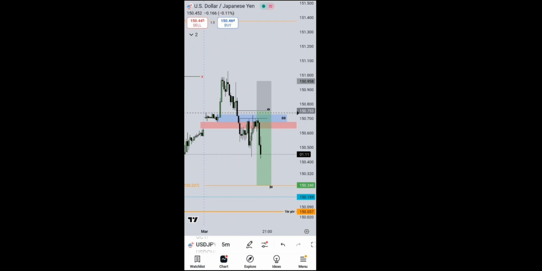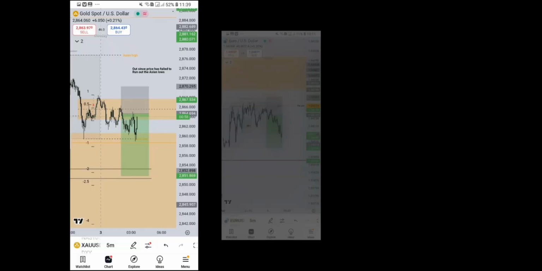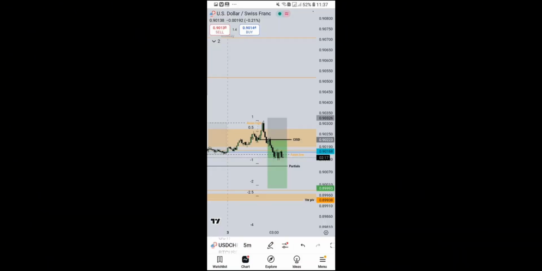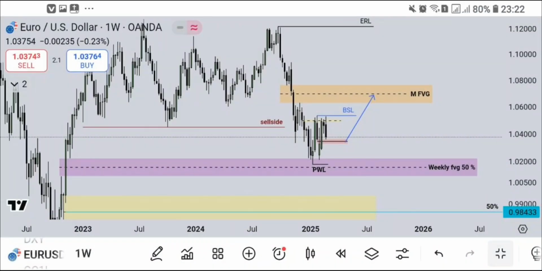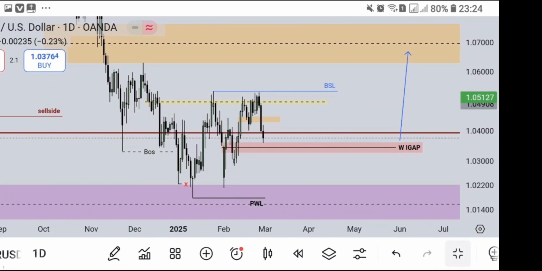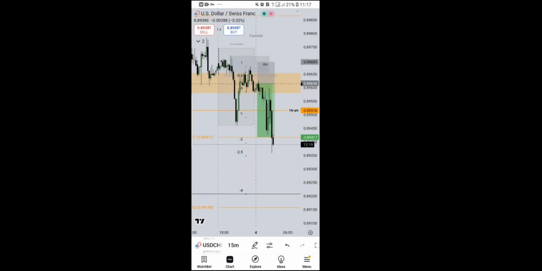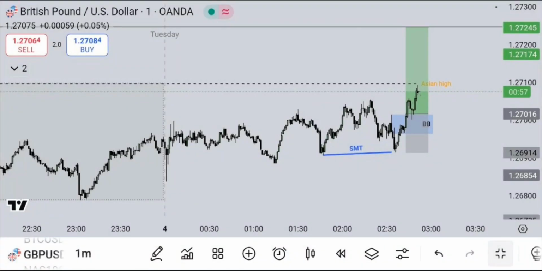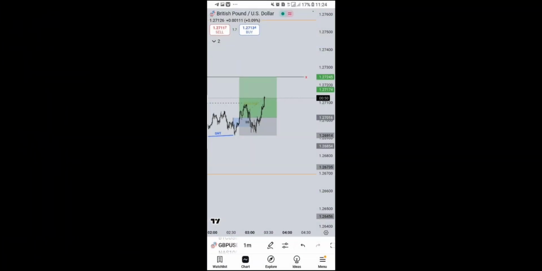So we missed that one, USD JPY, and I first left USD JPY for this time because it was making me unnecessary losses, yet I was making it in these other pairs. So that's why I first left USD JPY, and I think I'll get back to it this week if it's moving quite well, right?